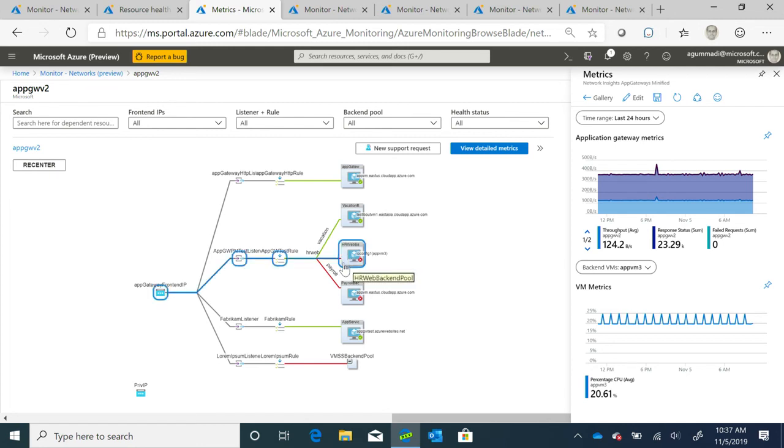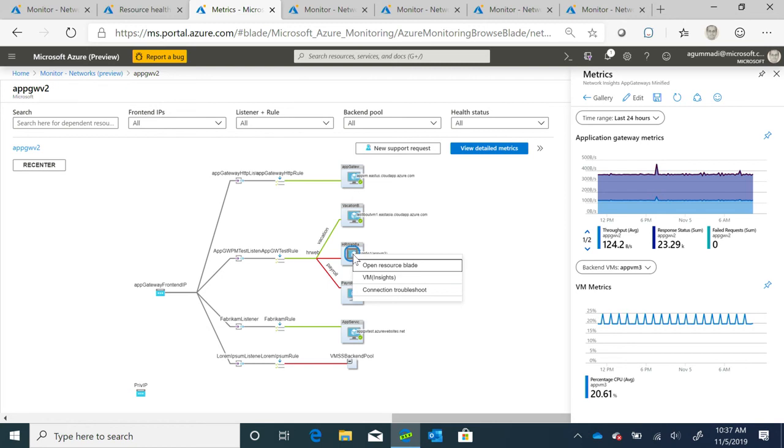For example, if I wanted to run a test on this, if I wanted to see the VM statistics for all of the VMs, I could open the resource blade or the VM insights. If you believe that the application was misbehaving on the network and you wanted to do a packet capture, that will be available eventually, and it's going to be one right click away.